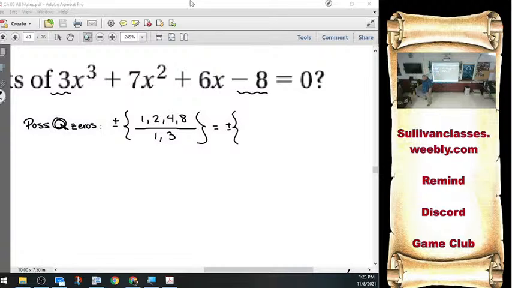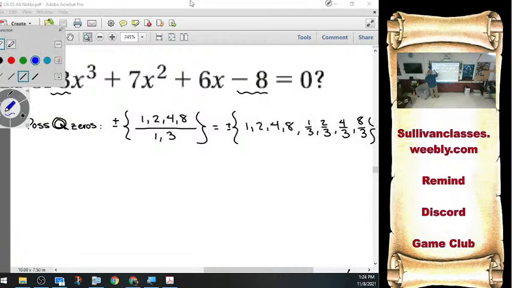Okay. Hopefully we at least got our possible rational roots, right? All the factors of -8 over all the factors of 3 are 1, 2, 4, and 8 over 1 and 3. All that junk over 1 is 1, 2, 4, and 8. All that junk over 3 is 1/3, 2/3, 4/3, 8/3. Then